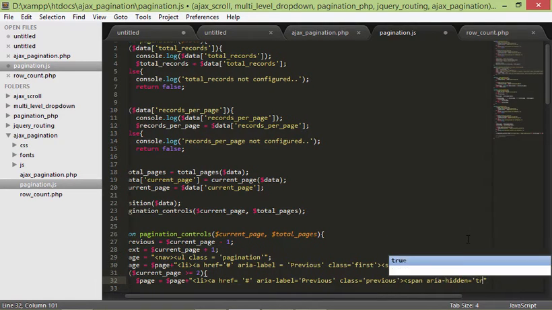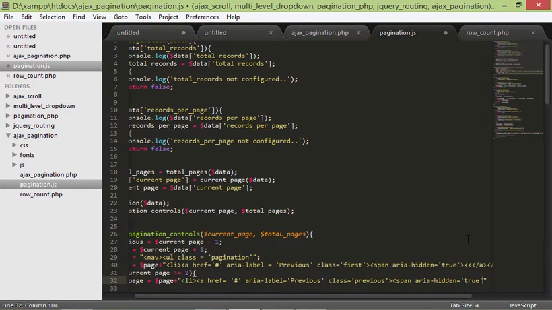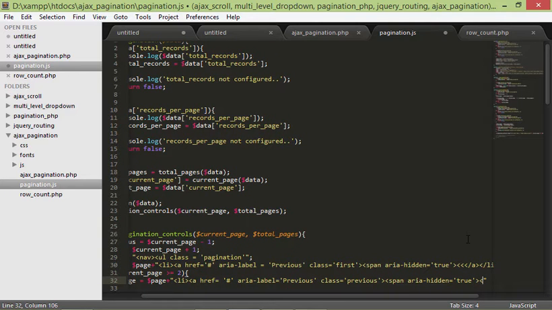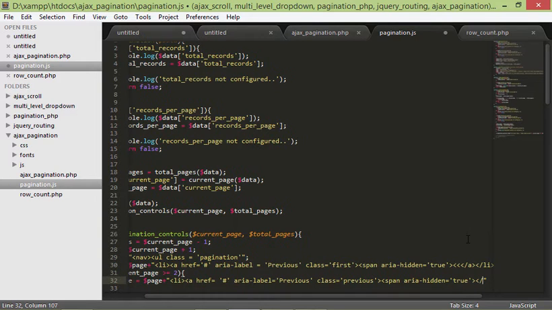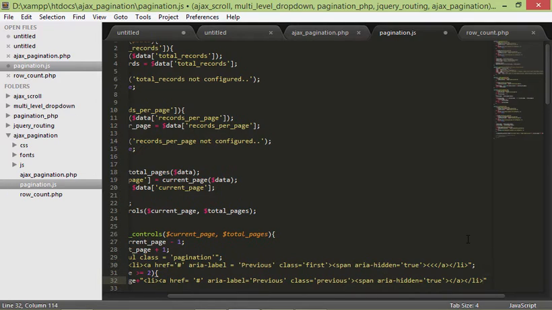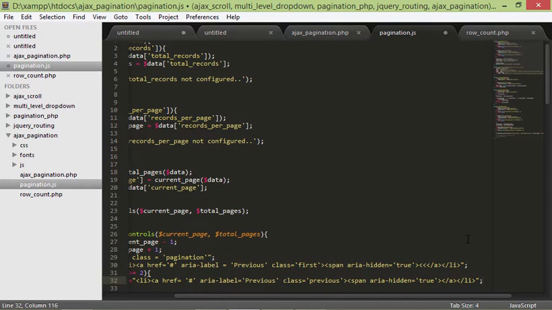equal to true, and then we have to close our anchor tag, right? And then we also have to close our li element. All that is done, but in here between these two